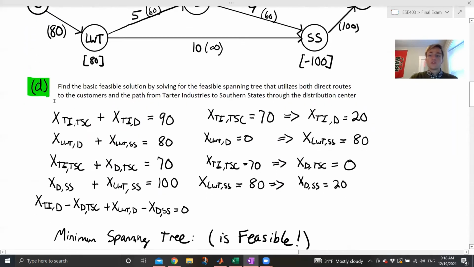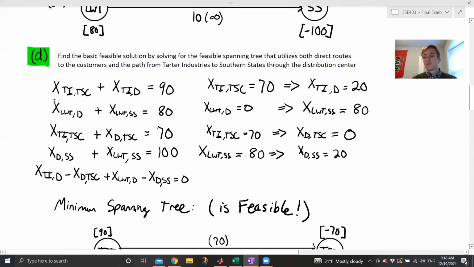Okay, and so now moving on to part D. Part D asks us to propose a basic feasible solution in a feasible spanning tree, and then use that to create a linear programming model for our problem. Basically, the solution I initially proposed is to find the basic feasible solution by finding the feasible spanning tree that utilizes both direct routes to the customers and the path from Tartar Industries to southern states through the distribution